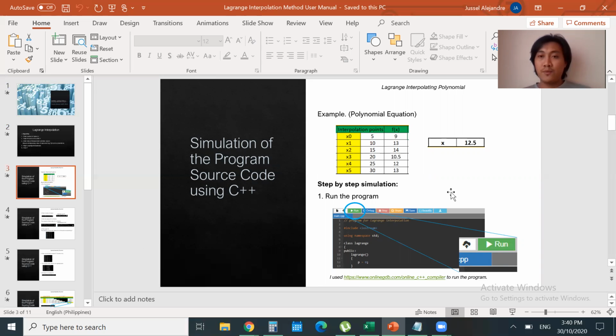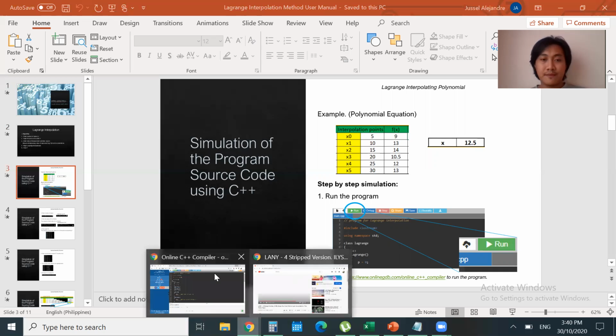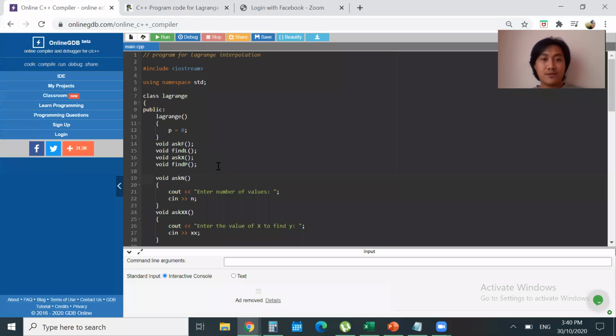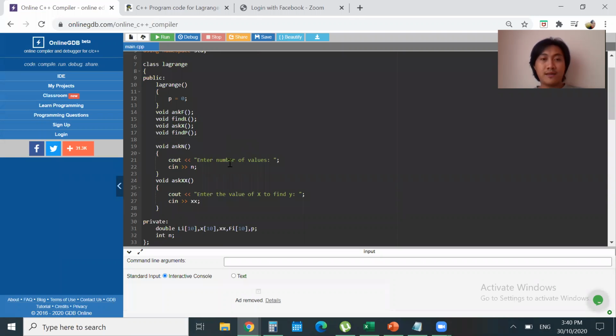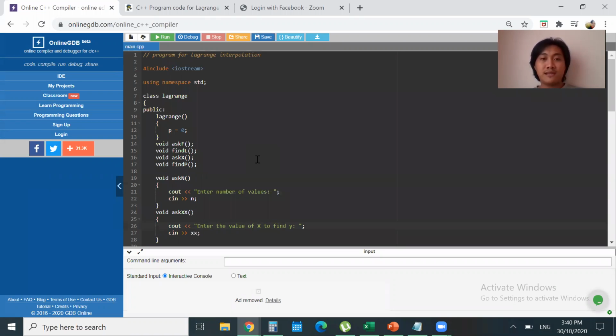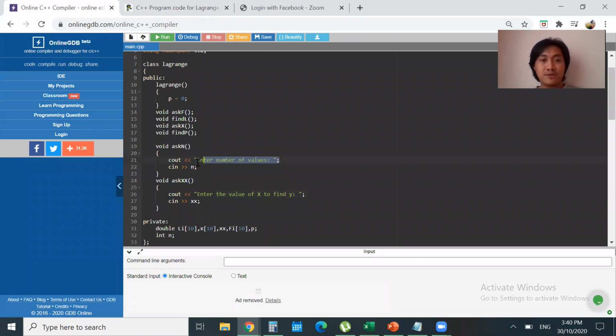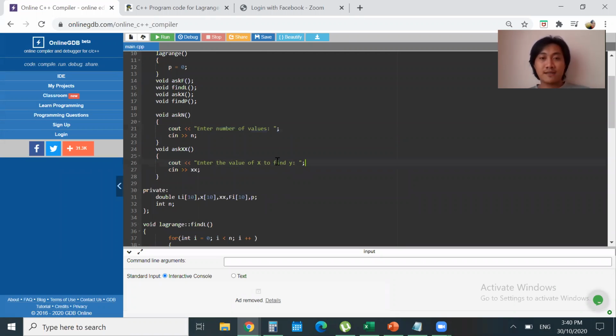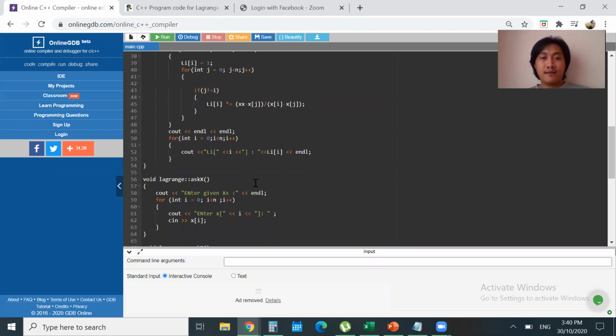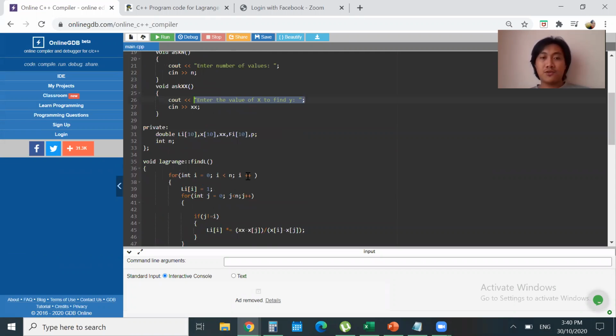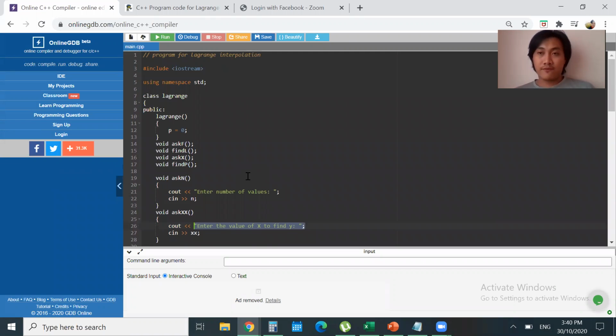So I'm going to show the program here. In the program, you will see enter the number of values, and enter the value of x to find y. Here I'm going to run the program first.